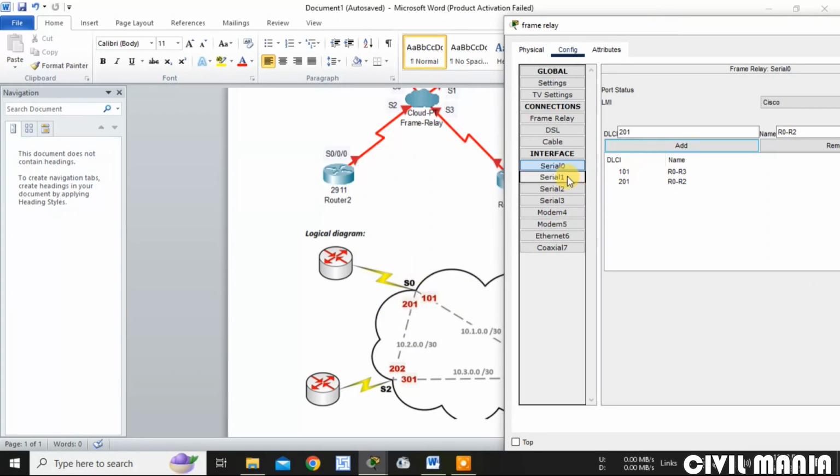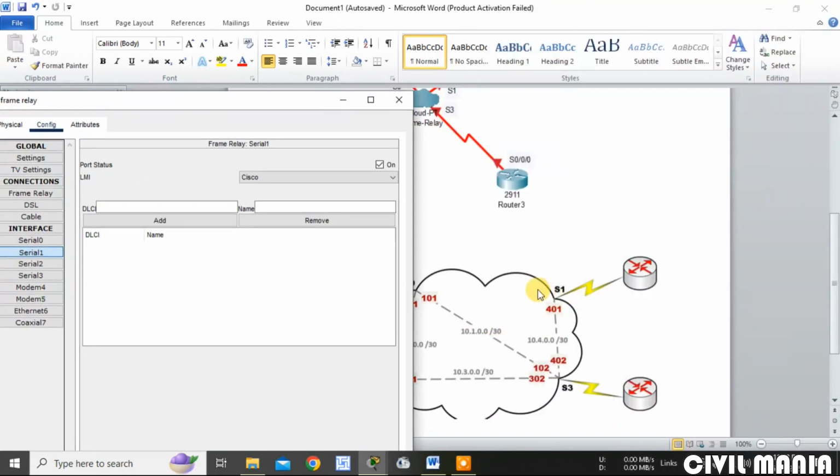Now let me go to the serial 1 interface, that is this one. Here 401 is present, DLCI, and it is the connection between router 1 and router 3.